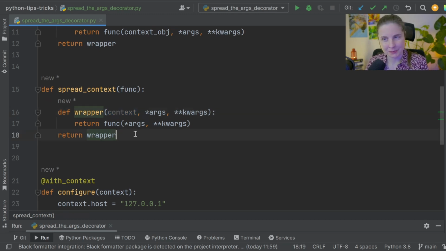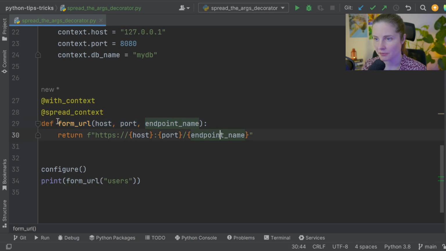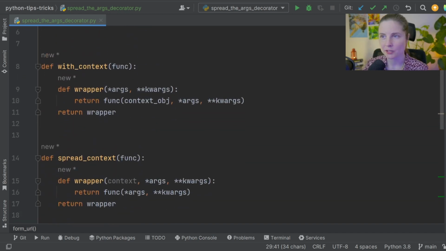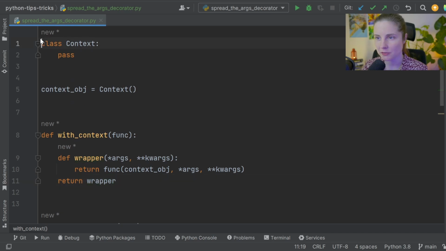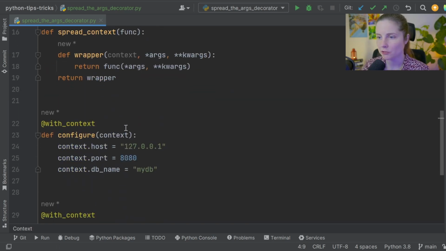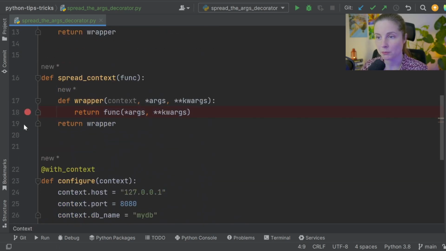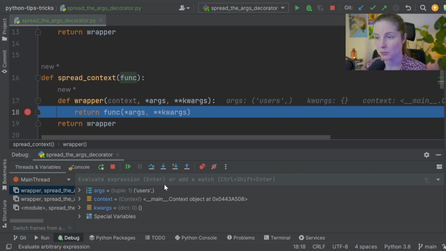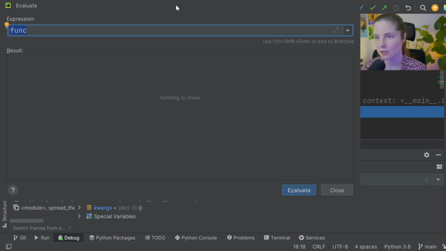So now the question comes, how the heck do we understand that this function that expects host and port expects host and port in our decorator? So to understand that, we're going to use a marvelous library of Python, which is called inspect. So let's import it, first of all. Inspect, right? And now we're going to use it inside of our decorator. So I'm going to put a breakpoint here. Let's run it in debugger. And let's see what we can do with our function using inspect. So what we're going to do: inspect.signature(func),